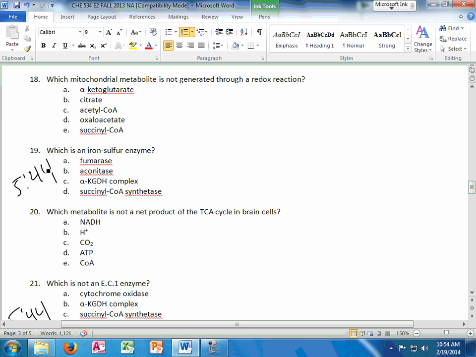Which mitochondrial metabolite is not generated through a redox reaction? Redox reactions are going to be your dehydrogenases. So citrate is the answer. PDH complex, remember, PDH is also a dehydrogenase as well, so that's where the acetyl-CoA is coming from. And these are coming from the redox reactions in the Krebs cycle,